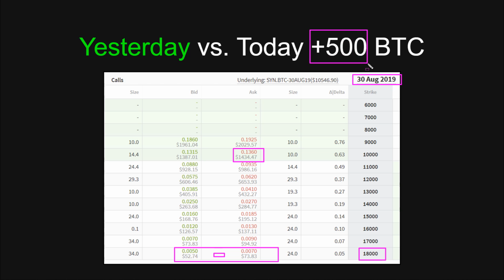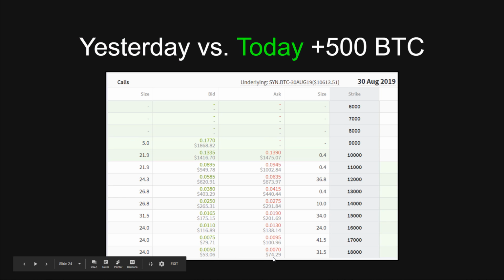Now we did have a 500 point gain between yesterday and today. So let's look at the value of that option that we bought for $70 and go to today. And guess what? It's barely moved. A lot of this is due to the implied volatility crush, number one. And also what you'll find, as you study more and more about options, is that you'll get your biggest movement in the option value when it's right around at the money. So these out of the money options, even though they're less expensive and they can be explosive for the first few points of the move, are not really responsive way out of the money. It is much more responsive at the money.